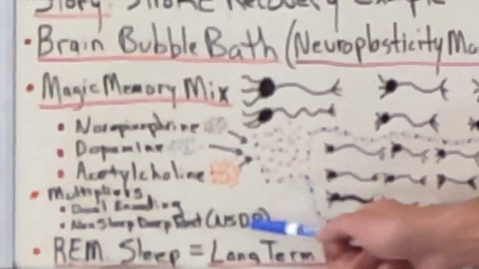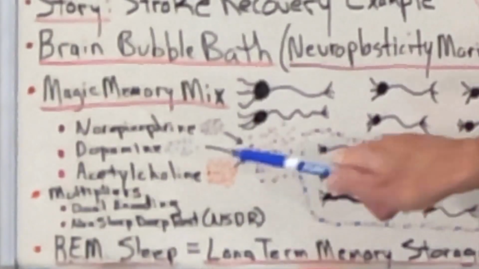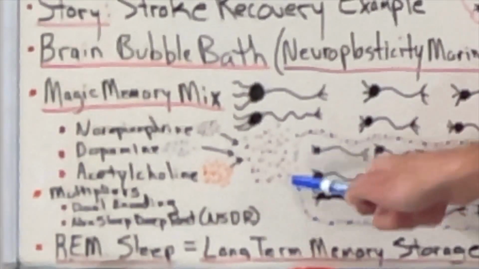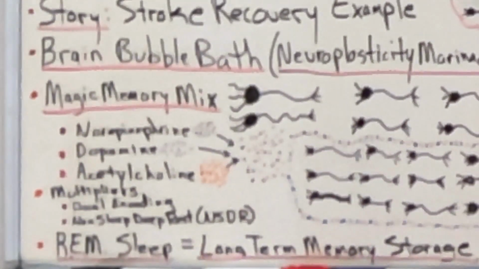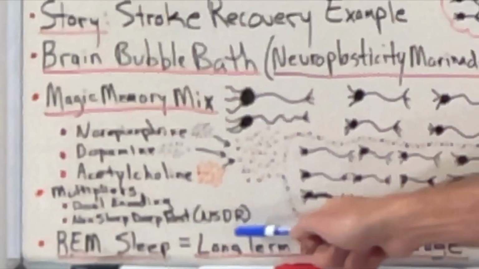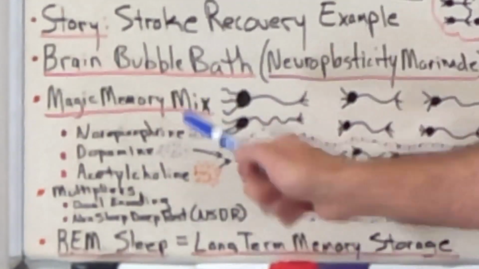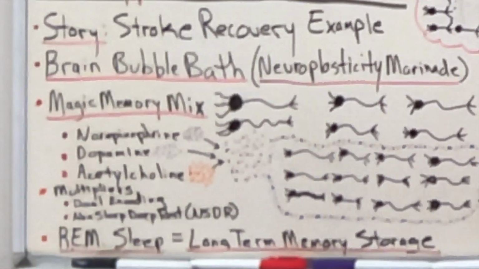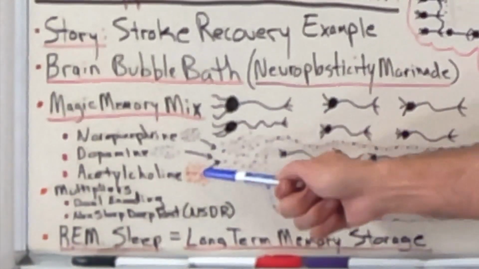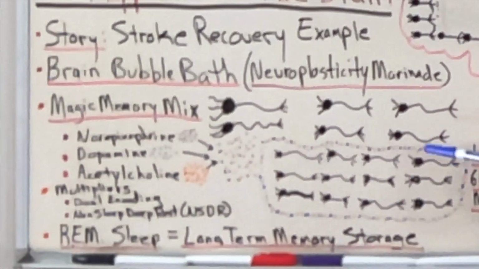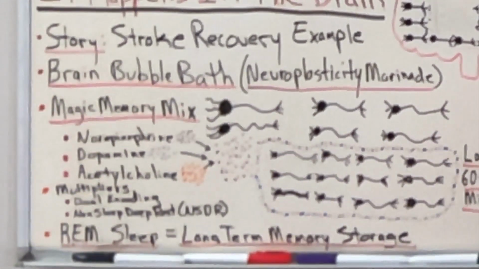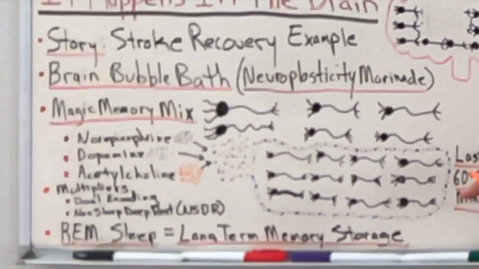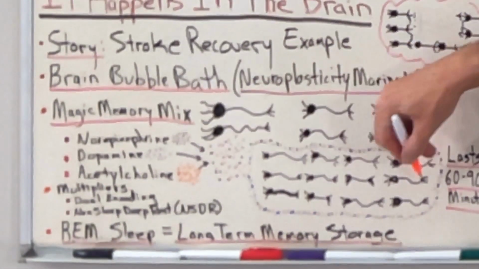Multipliers. You can do extra things to even further enhance this memory mix as it sits and marinates all your neurons up in your brain here. And then last of all, when neurons are tagged with that chemical that I had mentioned, which happens to be this acetylcholine. See, when the brain is swimming with all the chemicals, and let's say this middle set of neurons